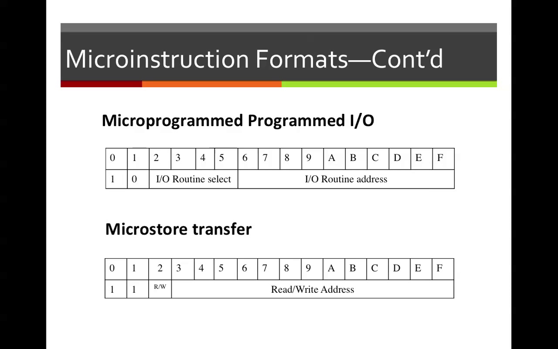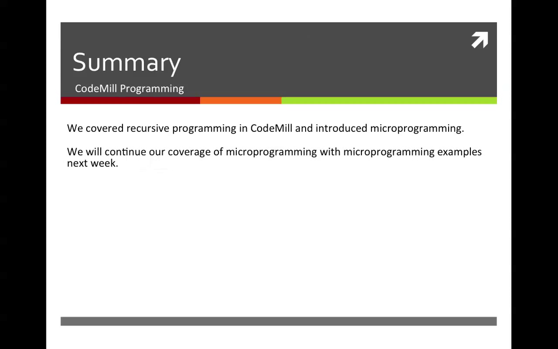So basically four classes of micro instructions that we have here, or you can call them 4 types of micro instructions. So I think this is as far as we went last week. And so by way of summary, I'd just like to say that we covered recursive programming in CodeMill and introduced microprogramming. And of course, we'll cover more during week 6 when we get back to class